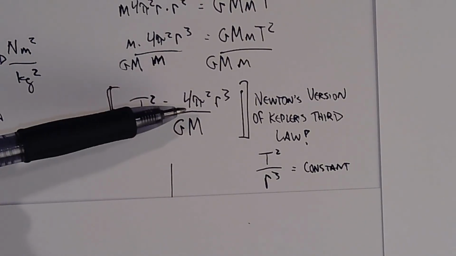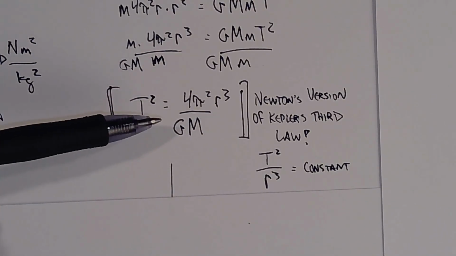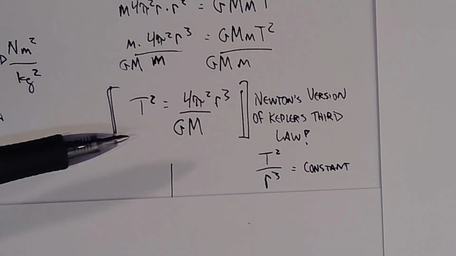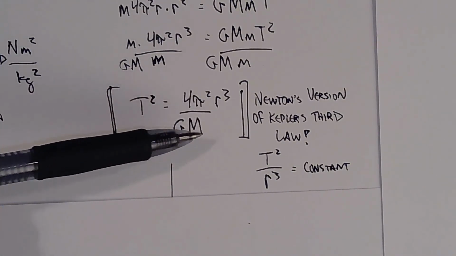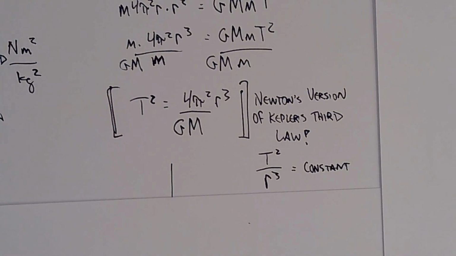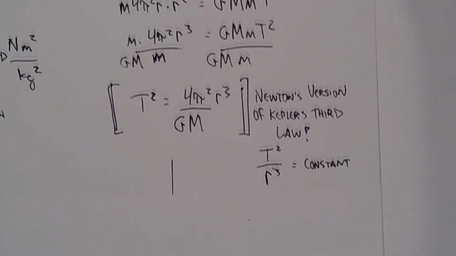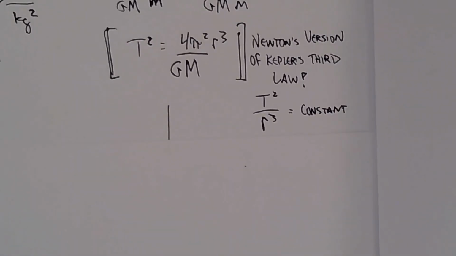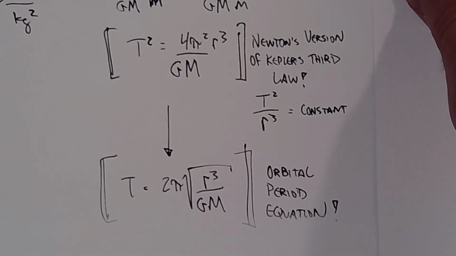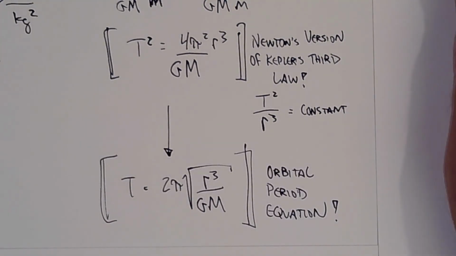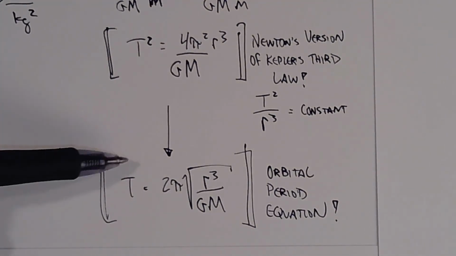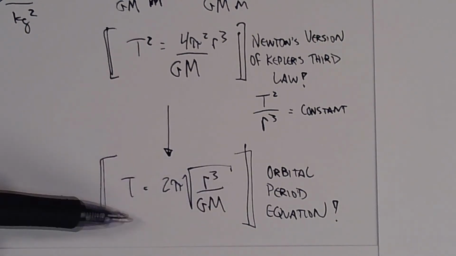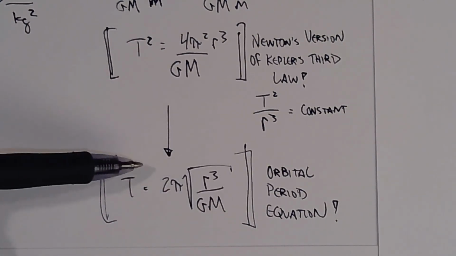So this scales us down to a single planet orbiting a single star, or a single moon orbiting a single star. Now this equation, I prefer this version of it. This is flexible. It allows us to go in any direction. Although you will see some resources deriving this equation one step further and taking the square of both sides and giving us this. This is known as the orbital period equation, which tells you